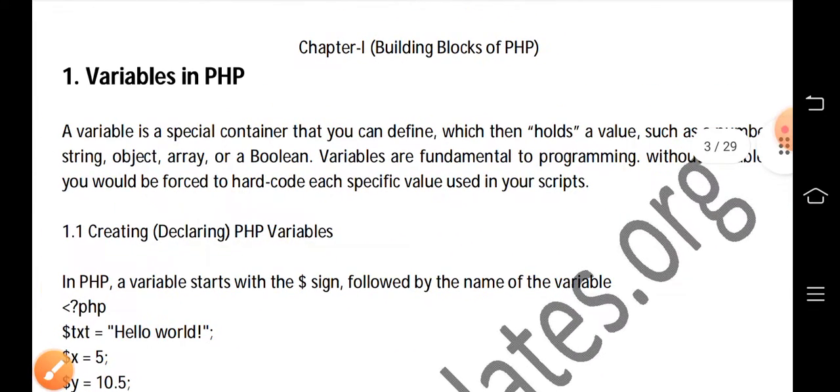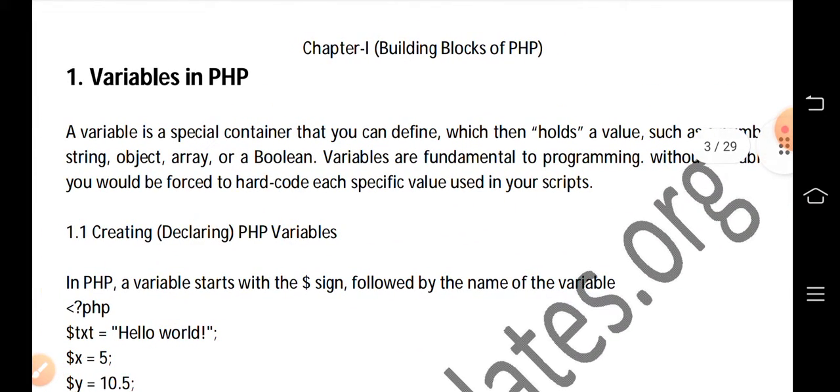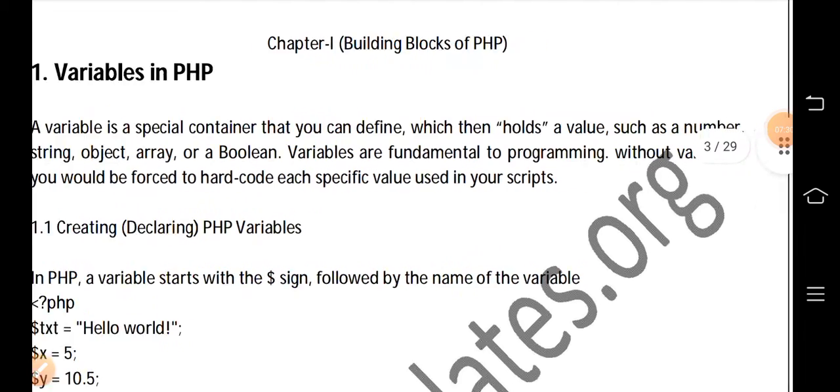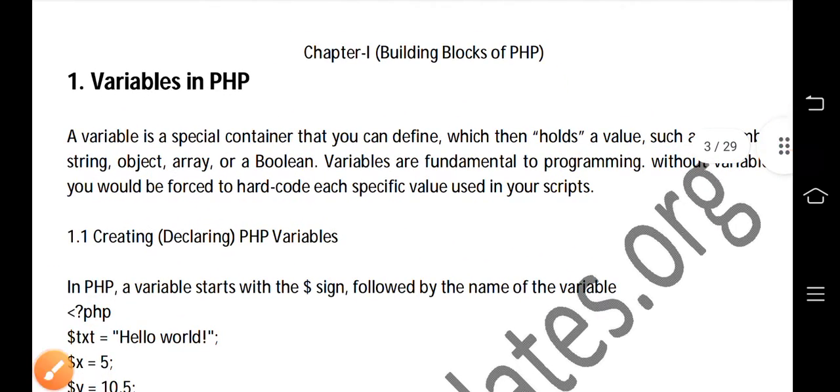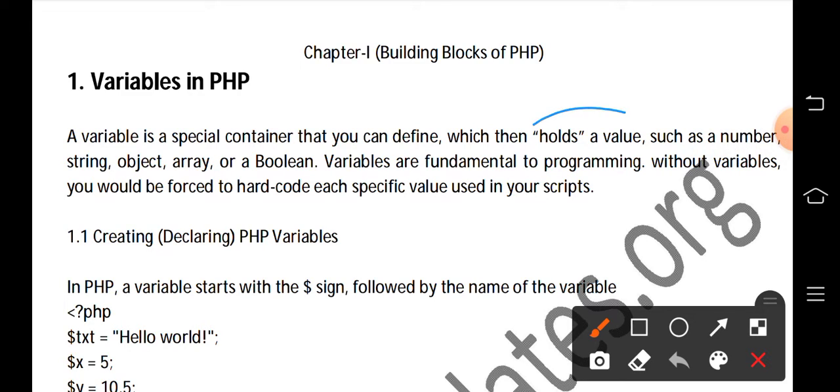Then our first topic in the building blocks of PHP is variables. What do you mean by a variable? A variable is nothing but something which holds a value. A variable is a container which holds a value. We all know how we declare a variable in C language. If it is an integer variable, we write int a.